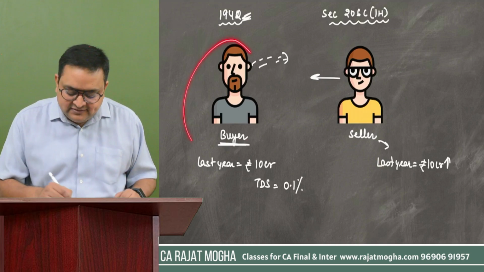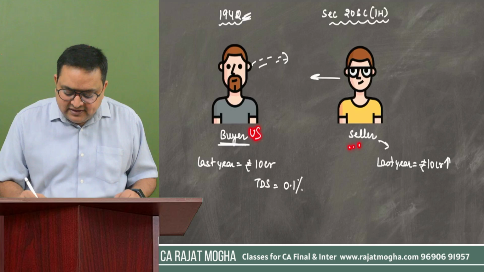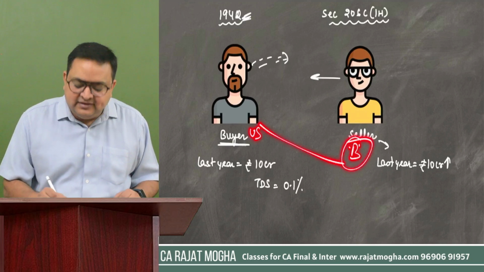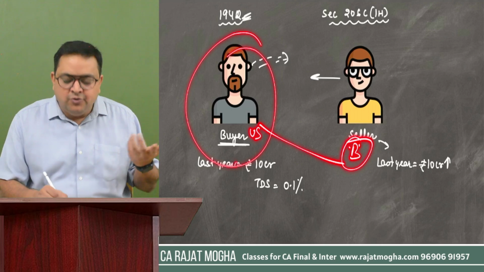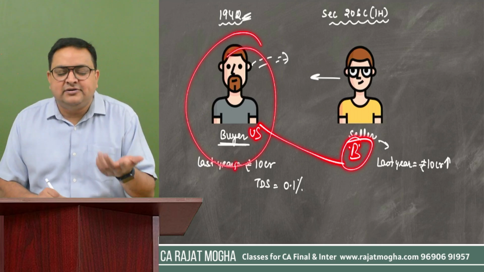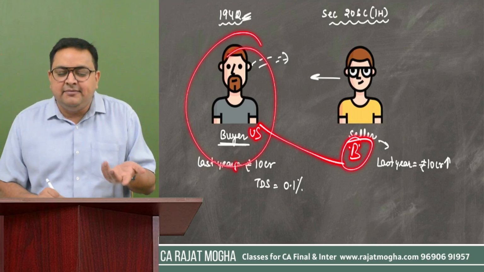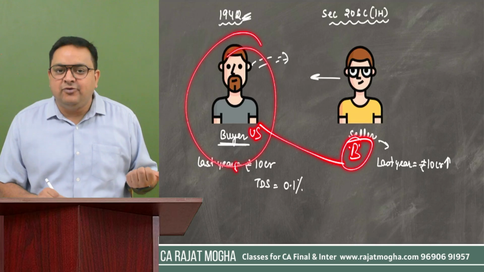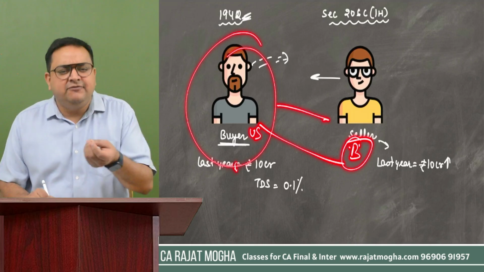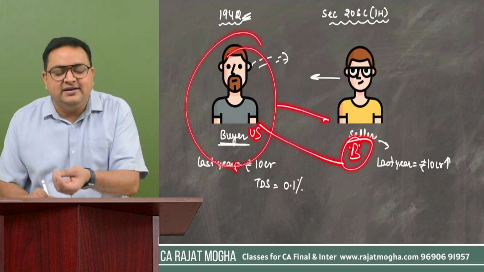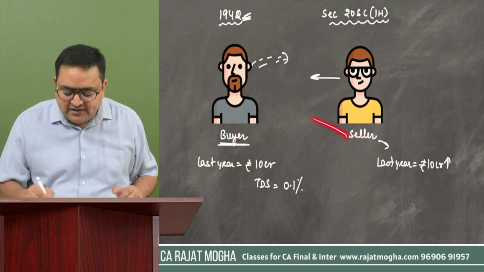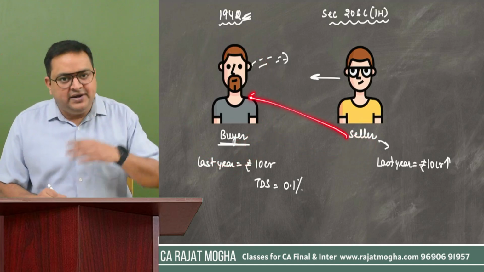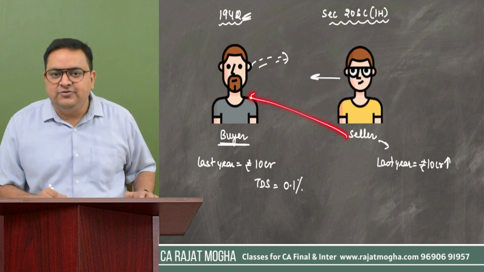If this person is sitting outside India, let's say in the US, and this person is sitting in Bangalore, exporting to the person in the US, the buyer will say, why would you like to collect TCS? I'm not responsible to pay any tax in India because I'm not earning any income from India. He's just making expenses, he's doing purchases. So he's not going to pay any type of TCS. So if you are exporting anything from India to outside India, TCS provisions will not apply.